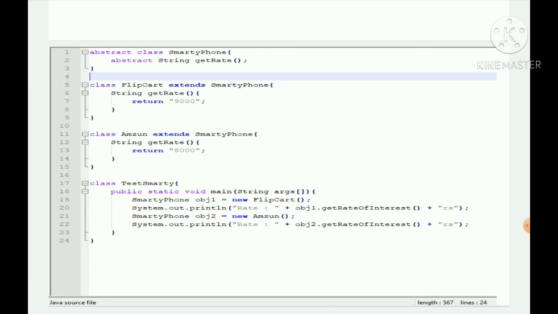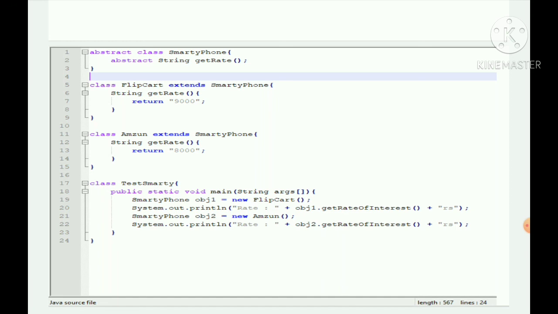In line number 21, I'm creating another object called obj2 for the Amazon class. And if I give obj2.getRate, it will return the value. Okay, actually it's my mistake, I gave getRateOfInterest, but it should be getRate. I will correct it in the slides. So it will return the output as 9,000 for Flipkart and 8,000 for Amazon.